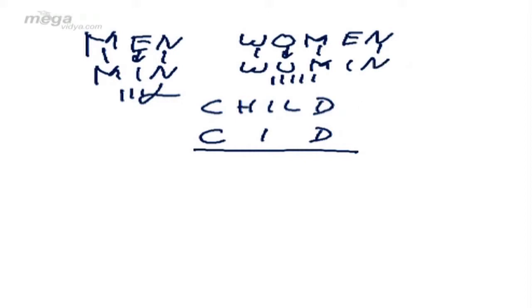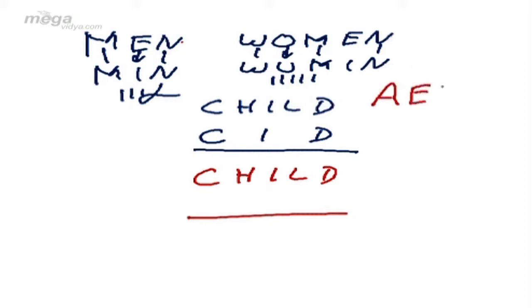The real logic is, if we analyze, the first is the same, the third is the same. Why they are the same, we need to analyze. And the letters which are changing, we also need to analyze what changes are taking place. For example, E is converting to I, O to U, and E to I. If we analyze, these are vowels. We have got 5 vowels in all: A, E, I, O, U. E is a vowel, so the next vowel is I. O is a vowel, the next vowel is U. So only the vowels are converting to next vowels, whereas the consonants remain the same.